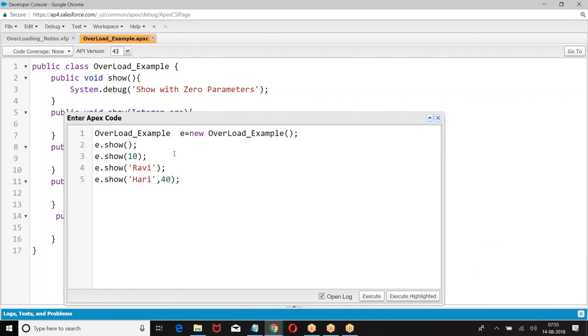Show method with string and integer. So what was this? When you are calling a method, first it is going to check the name of the method. With this name, do you have any method? If the method is there, check how many parameters are there in the method.